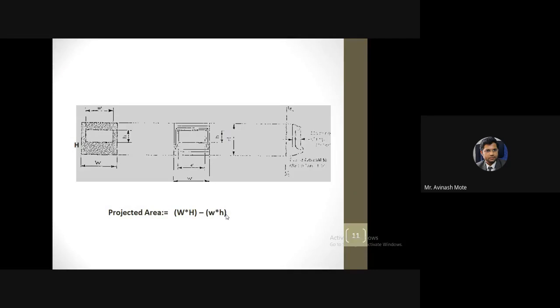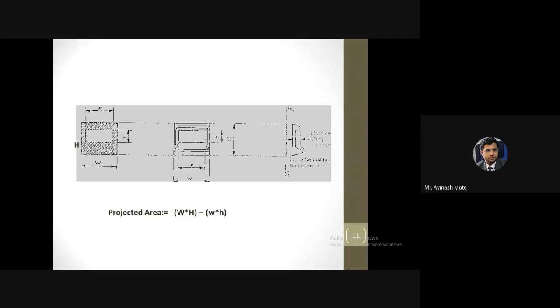So here was the simple example. Look at the first one only. At the start there is a rectangle of width W and height capital H, height or width you can consider, and internally there is a cavity. So effectively, this crisscross region is the effective area. Here only we are going to apply the pressure. So that is the projected area.